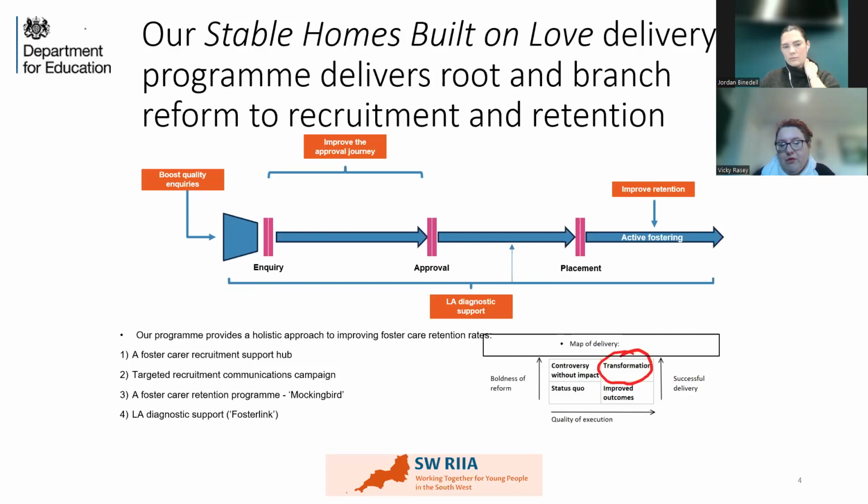And we will have a recruitment support hub for the region that will also include a targeted communications campaign around foster care recruitment. There will be some link to foster care retention, and that will be done primarily through the Mockingbird programme. As part of this project, each local authority will have an additional Mockingbird hub, or if they haven't got one, their first one. I won't really be talking much about that today, but I think it's worth you knowing that that's out there.